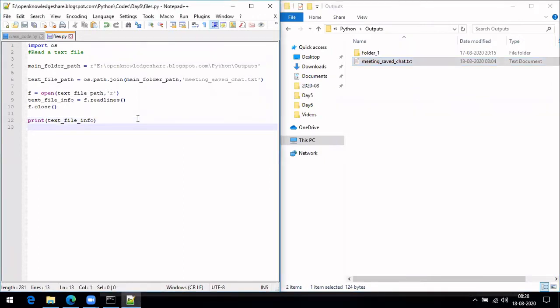So if you want to print it one by one, usually how we do it, for each item, since this is a list, right? So text info.